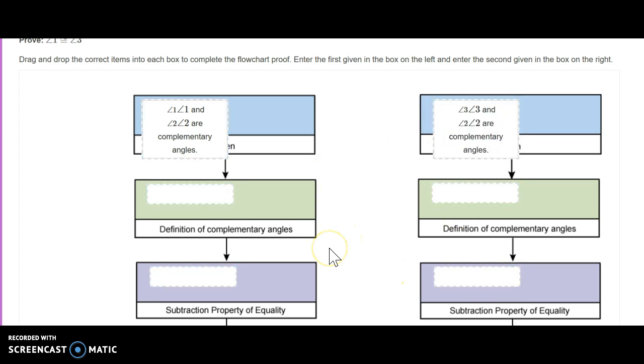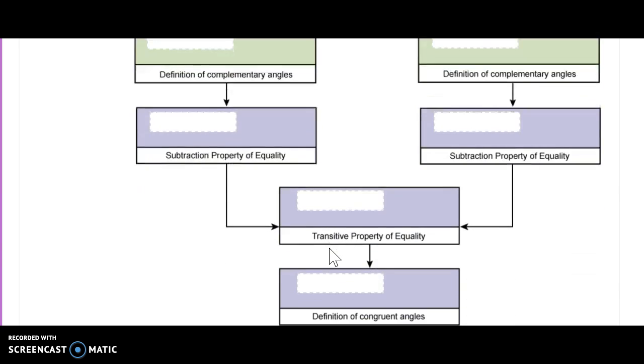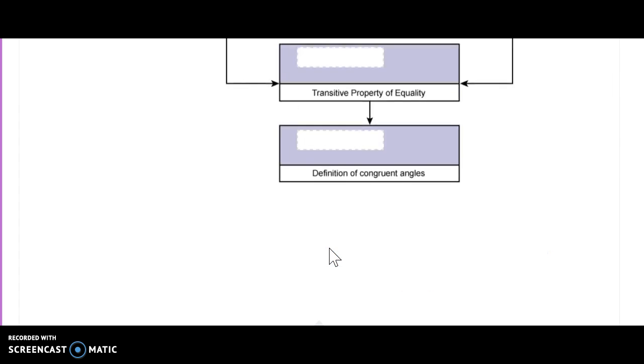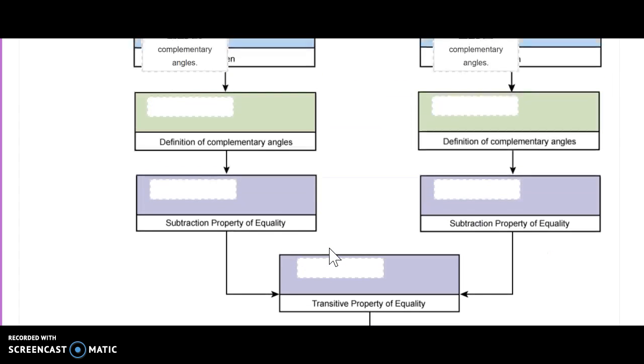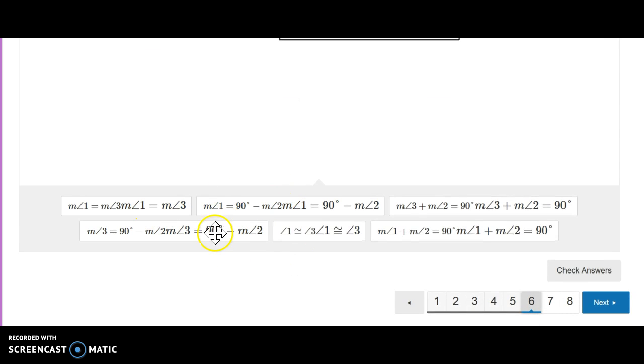All right. And then we do the definition of complementary angles, that they both equal 90 degrees. And this angle 1, measure angle 2, that goes on the first side, angle 3,